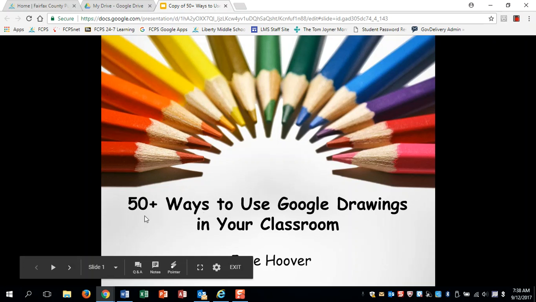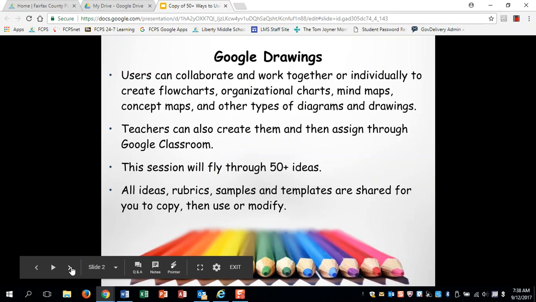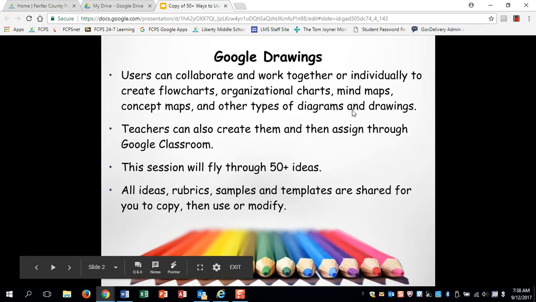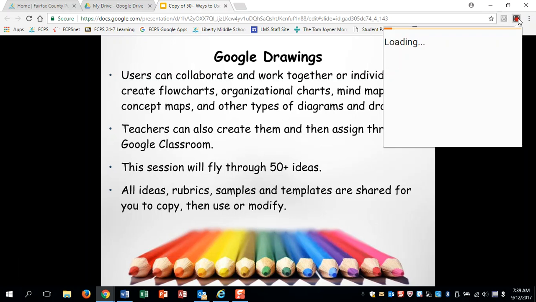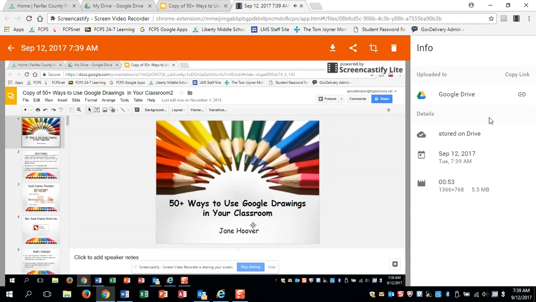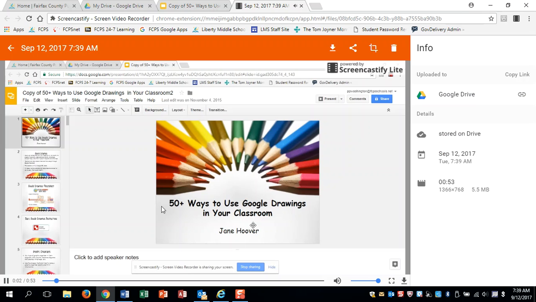So I have this slide up. I'm going to talk about 50 ways to use Google Drawings in my classroom, and then I'll click on next to get to the next slide, and then I can talk about this slide, and so on and so forth. When I'm finished talking about the slides, then I'm going to go back and click on the film script again, and I'm going to stop recording. Now it's doing the countdown to end. Now when I end my recording,